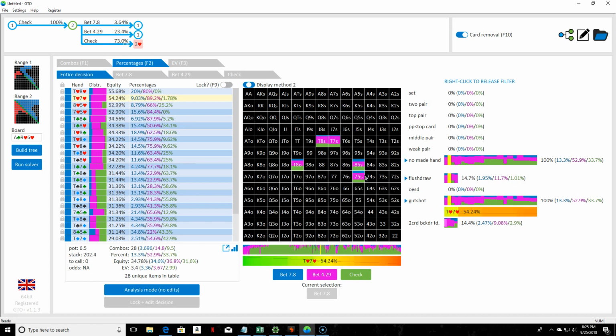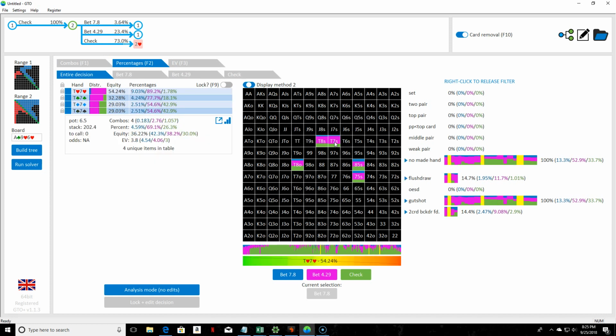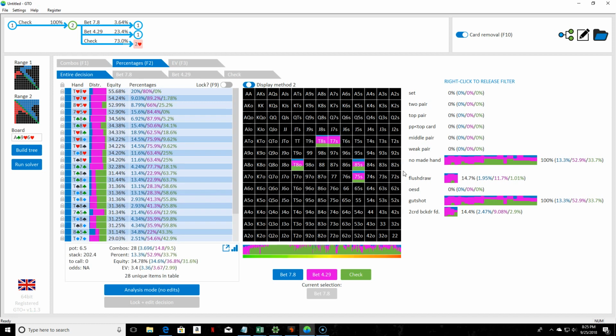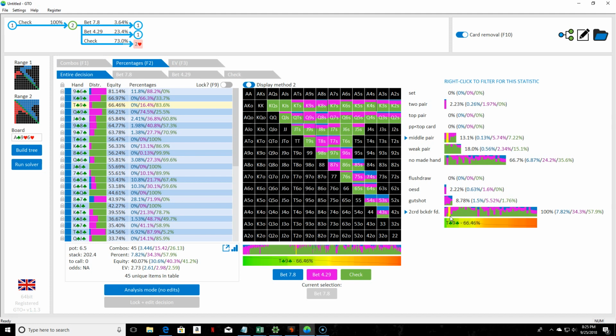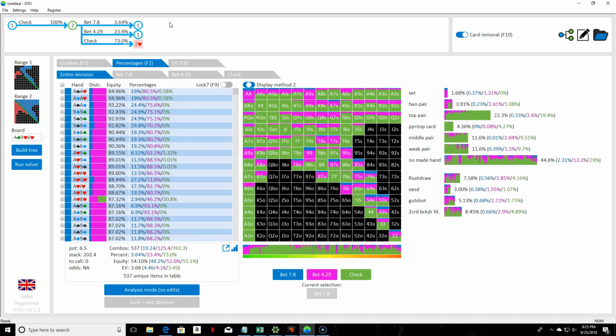Gut shots here, 8-10, 10-7, these hands, and backdoor flush draws, mostly backdoor flush draws are checks. So anyway, we're going to bet here,